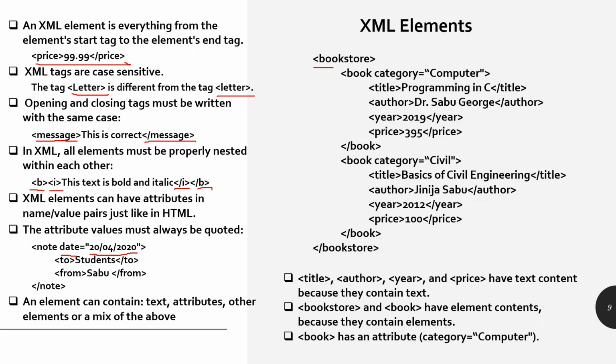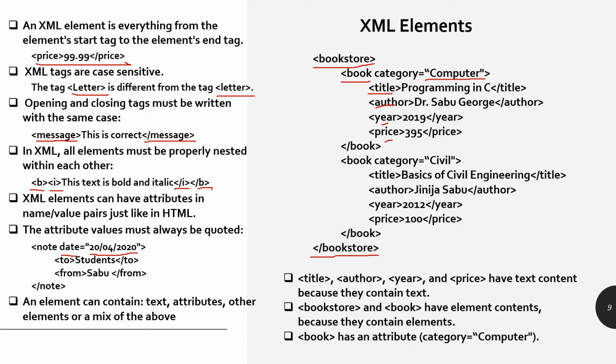So here we have the root tag, bookstore, and we have closed it here. Internally we have two child tags. Here this book has an attribute specified here, and here bookstore and book both have element contents. And these tags, title tag, author tag, year tag, price tag and all,